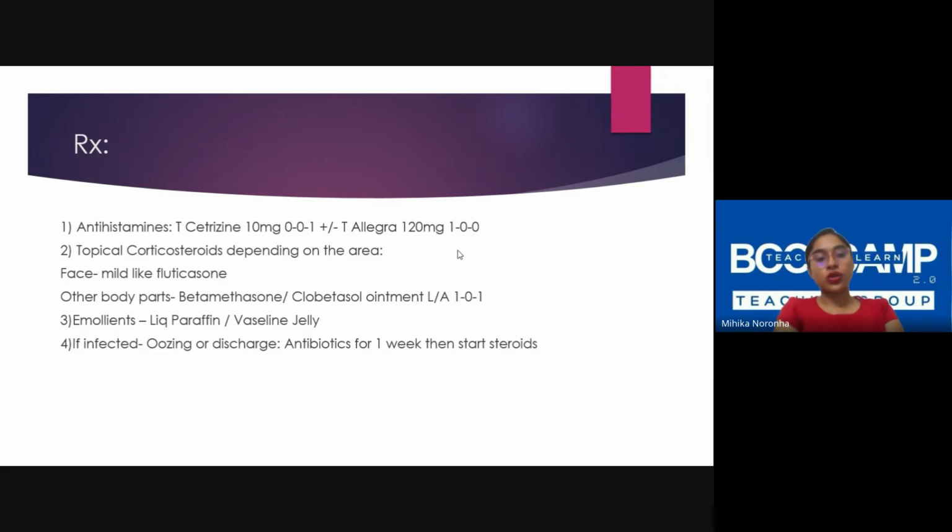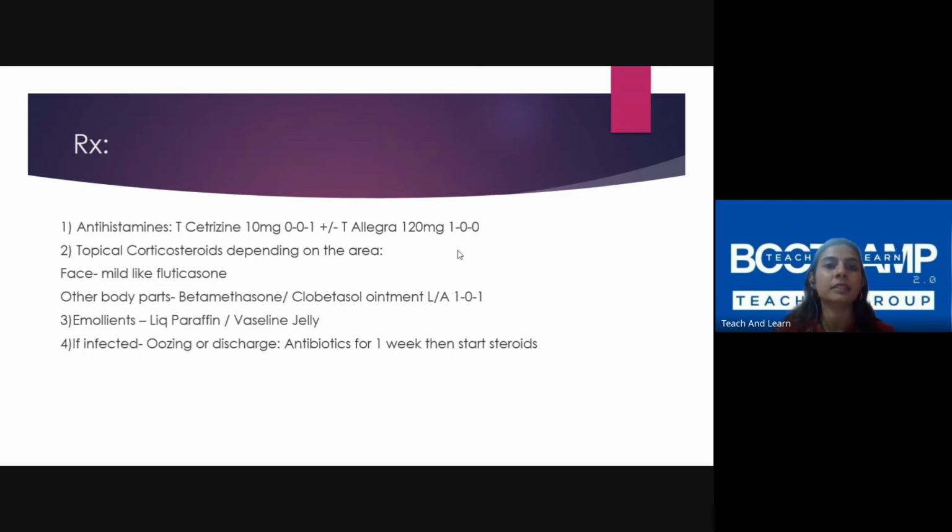Second thing, check what ointments you're giving. Plain coconut oil, plain Vaseline, meant to be safe. These moisturizers which have 20-30 different ingredients, in eczemas, you should avoid them. Yes, you can give plain liquid paraffin or Vaseline jelly. That would be more than enough as an emollient.